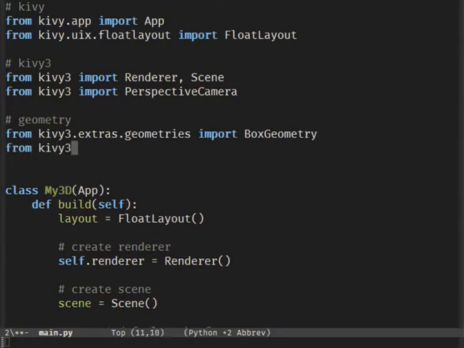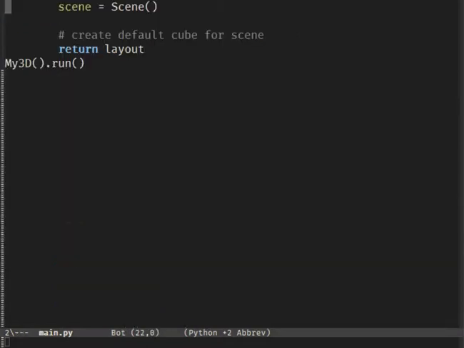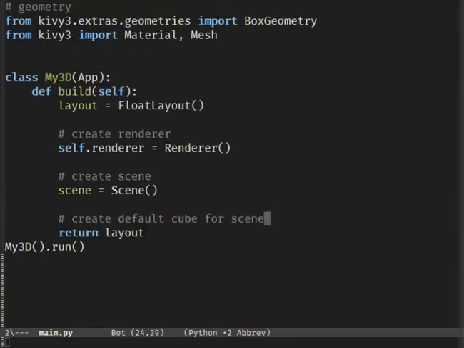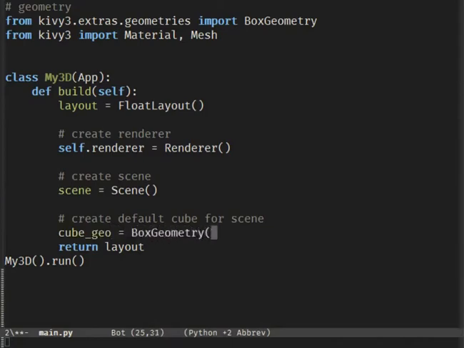To get our geometry rendered, we will need to create a mesh, which is basically a geometry with a material. So let's do this. We'll start with cube geometry, which will have 1 by 1 by 1 unit size, and a material. No fancy stuff with material for now, just the default one.